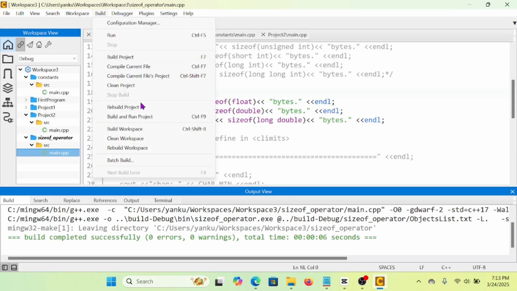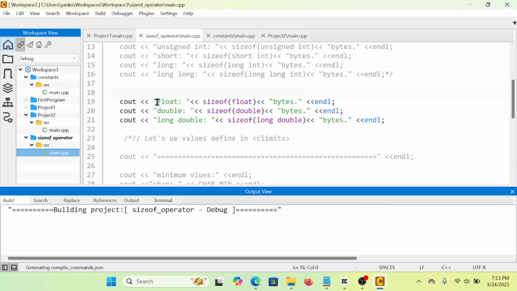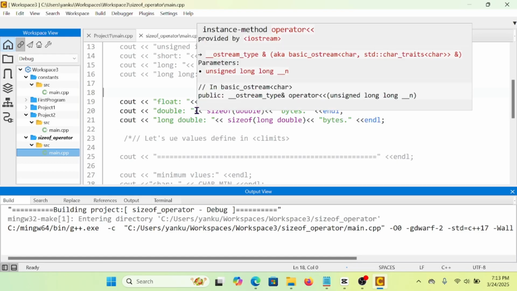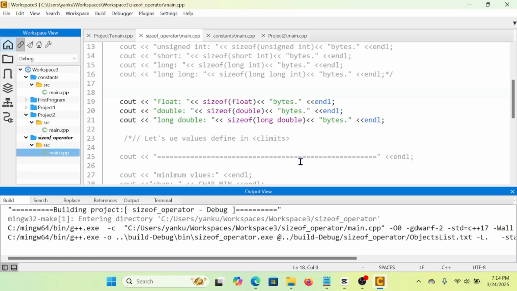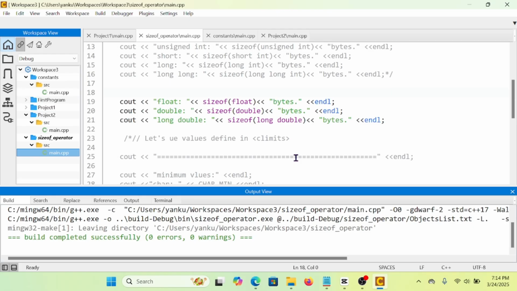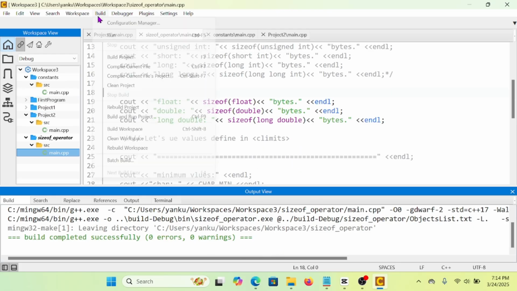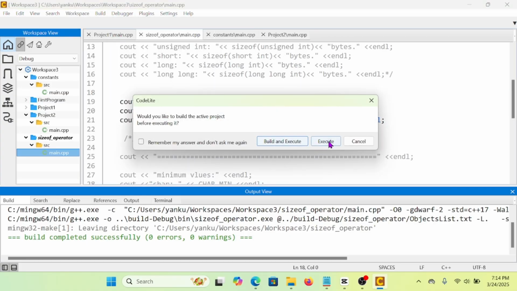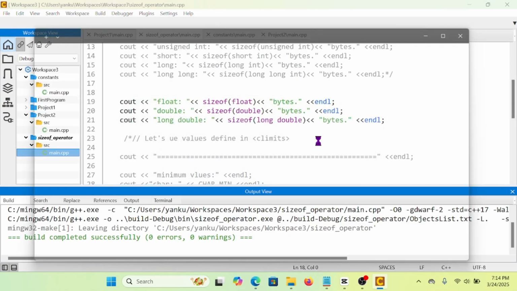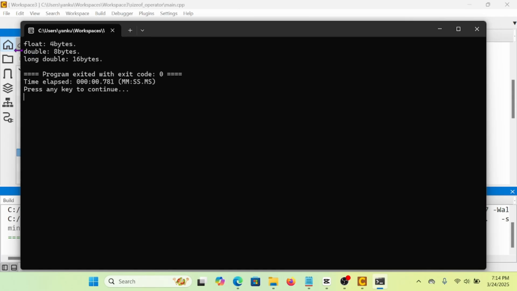I have to rebuild the project. We are good, so I can execute it. So the float on my system is also 4 bytes. The double is 8 bytes, and the long double is 16 bytes. So all this